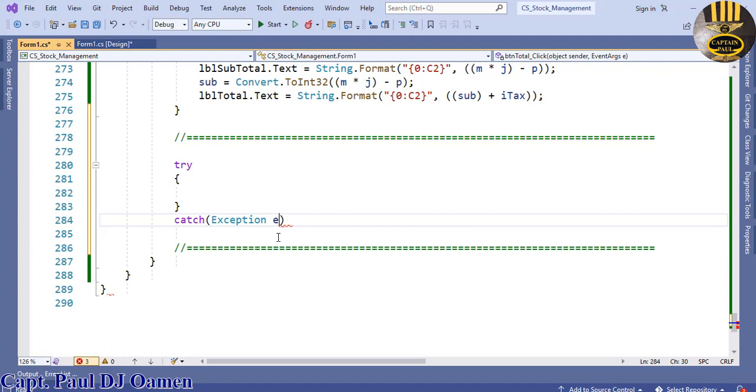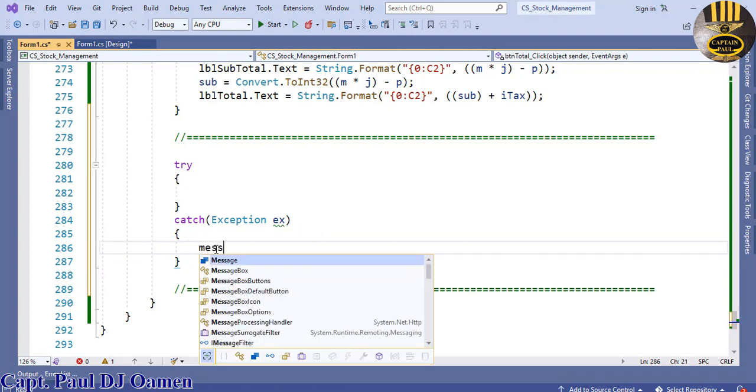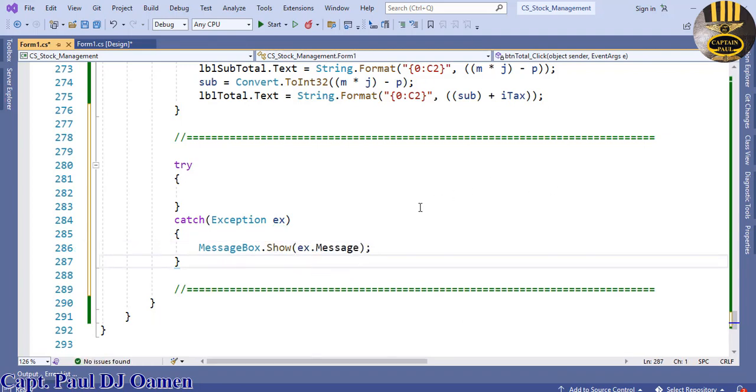I'm going to call that EX and enter statement block as well. And here I'm going to say message box dot show, and that is going to be EX. That will generate the error message if there's any. And right inside the try,